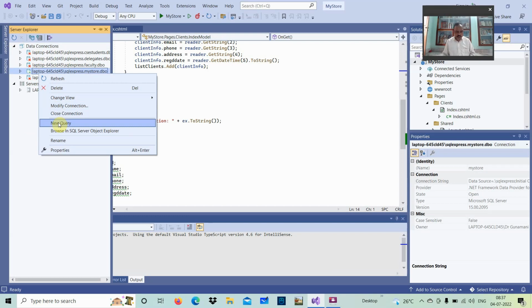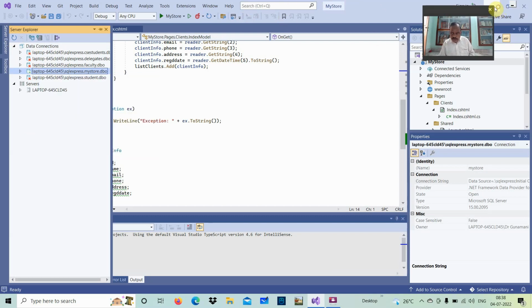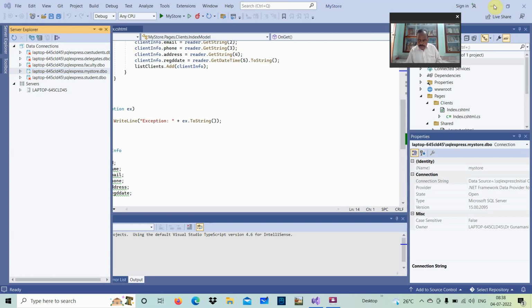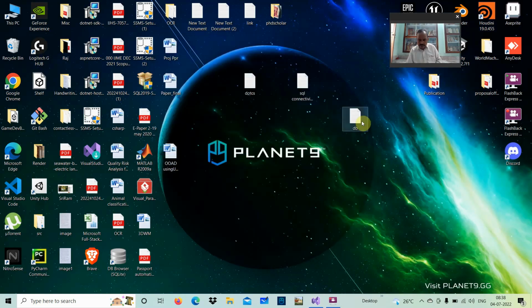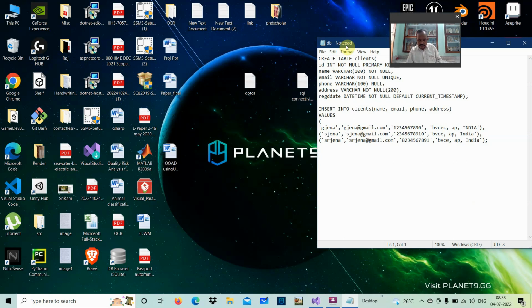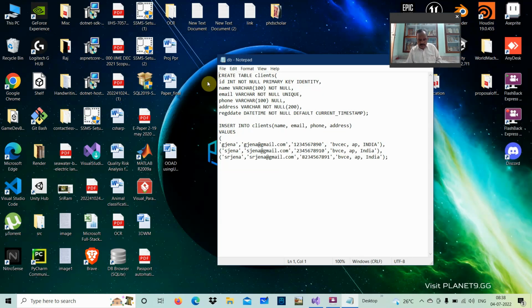In this new query, you have to write the code because you are going to create a table. I will show you what is already there regarding the database. You can create table clients. So I am going to create a table named clients.